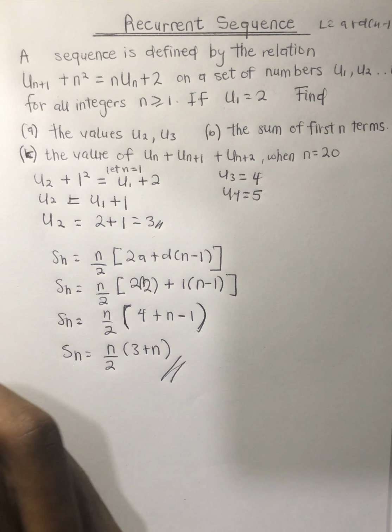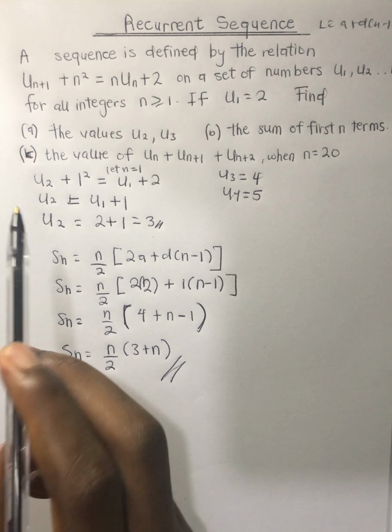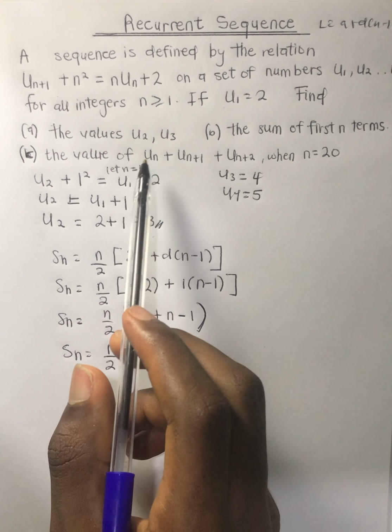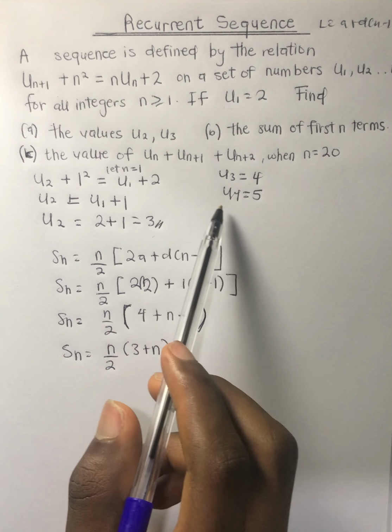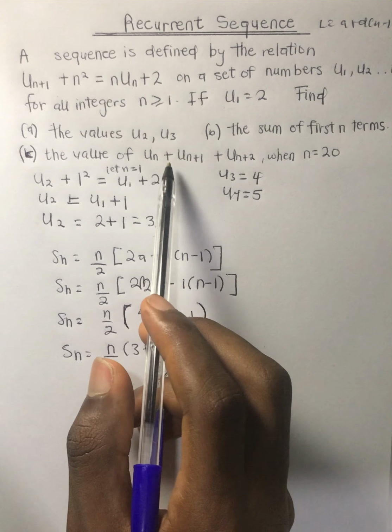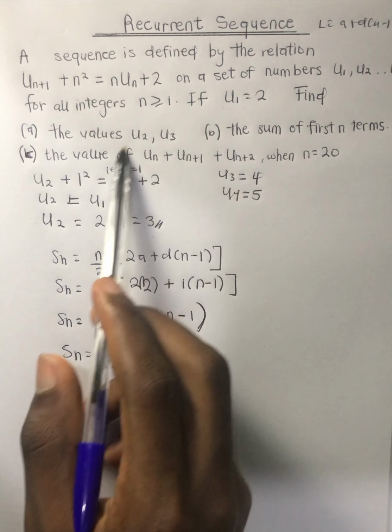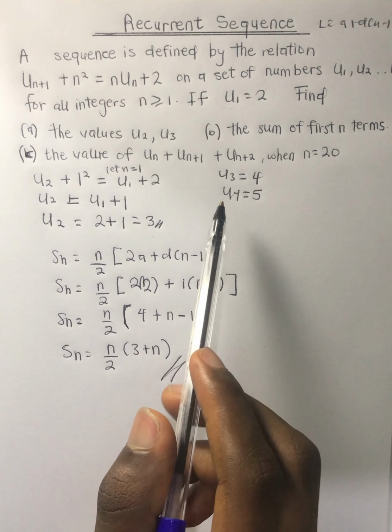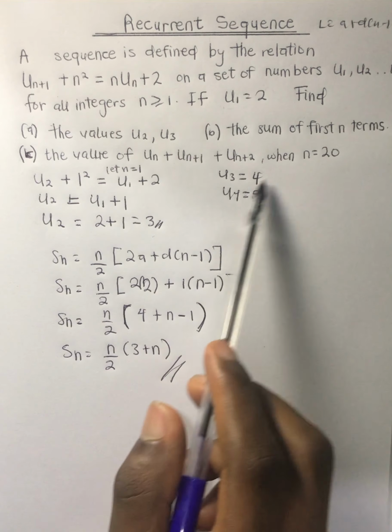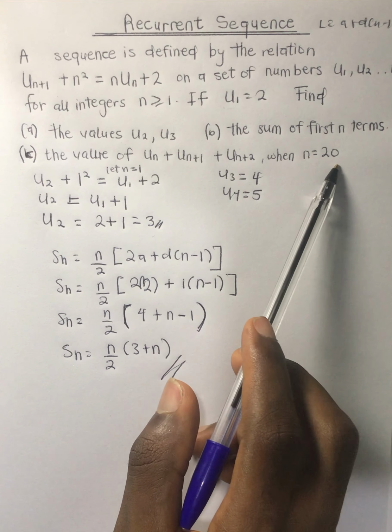Now the question I'm throwing to everyone today is the value of this when n is equal to 20. This is quite an expression. So find this when n is actually equal to 20,